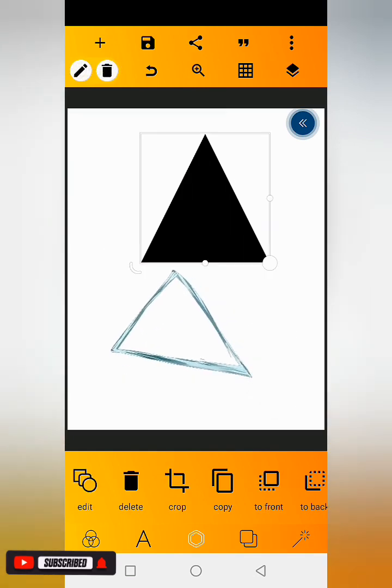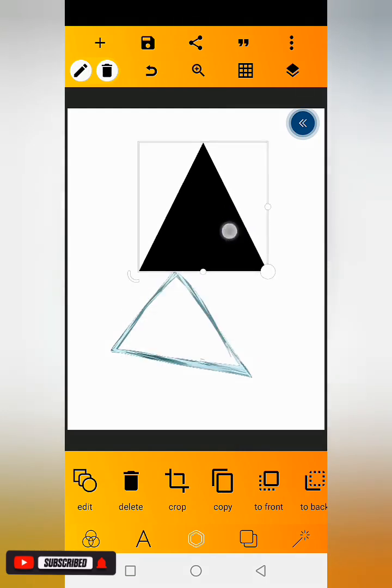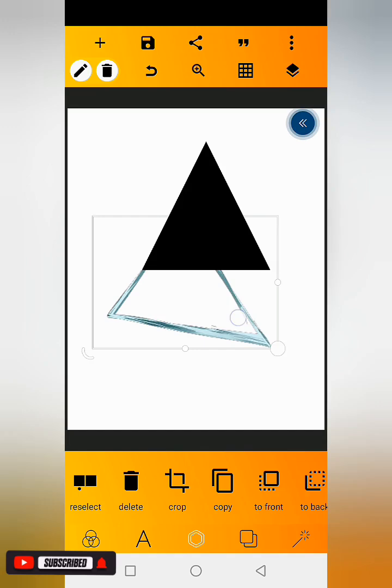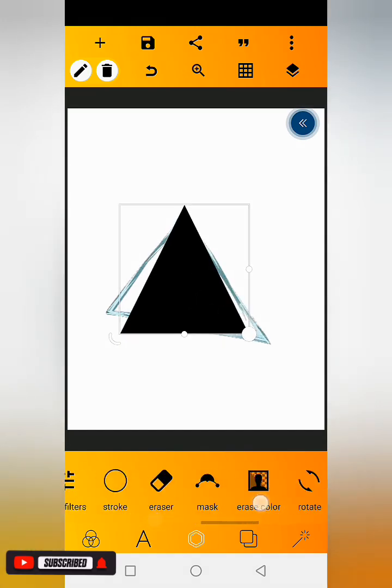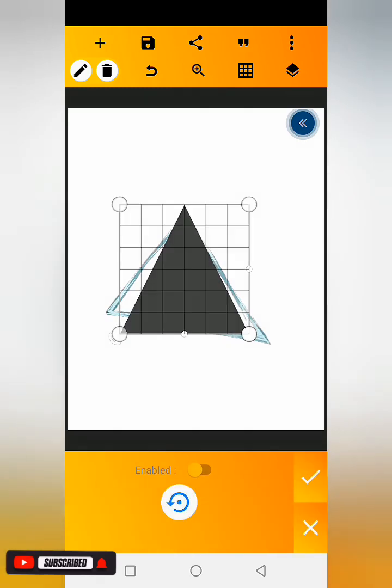So after that, I'm going to take this particular shape I just created to the front. I'm going to adjust it like this, and the shape is going to be at the top. Then after that, I'm going to come to my perspective tool, and I'm going to use it to adjust this particular shape so it is able to fit